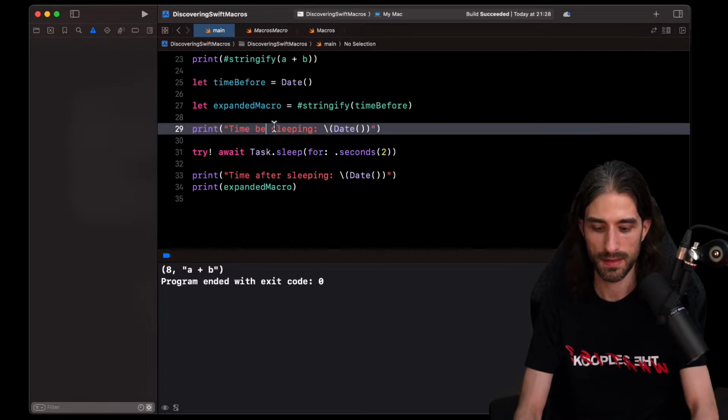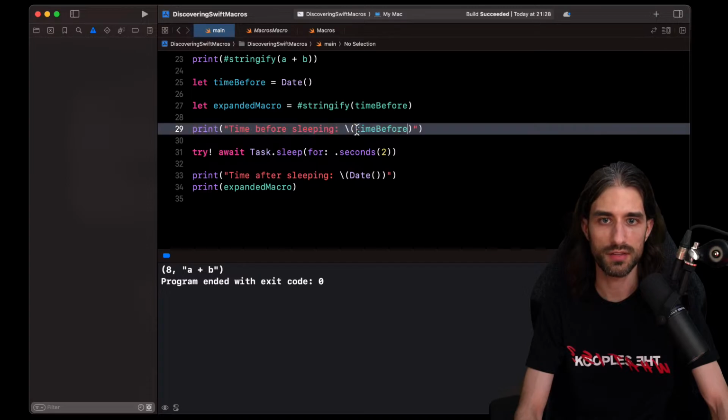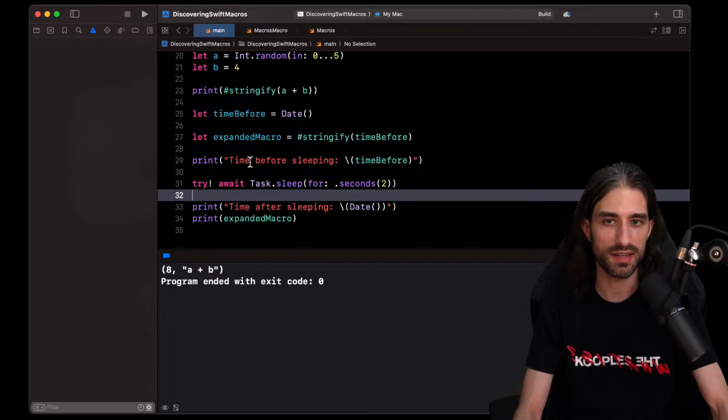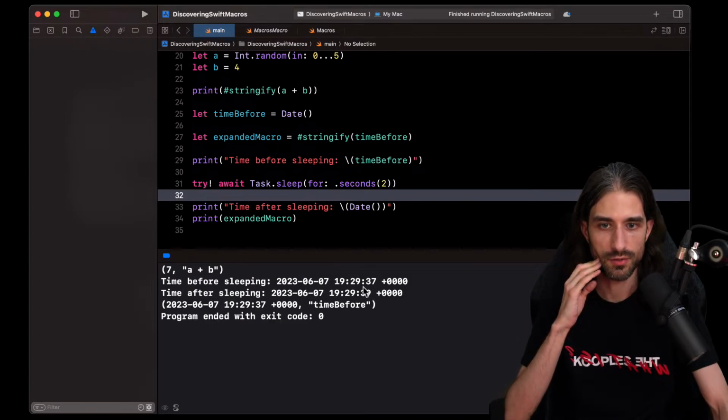So time before sleeping, and it's going to be this one because we can assume the time will be mostly the same. Yeah, you're right, Frank. I could have awaited on the task, like dot result, for instance. Okay, so it's sleeping. So before and after sleeping, we do see the 2-second difference.